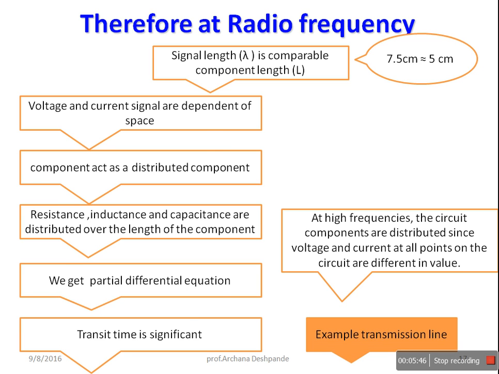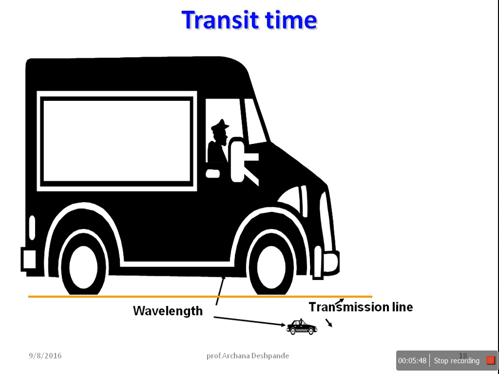The example of a distributed component is a transmission line. Transit time can be easily understood by this picture, wherein I have assumed a bigger vehicle that is of low frequency having the bigger wavelength, which we have seen earlier as 6000 kilometers, and this small vehicle is of a higher frequency with a small wavelength, that is 7.5 centimeters, and it is to be